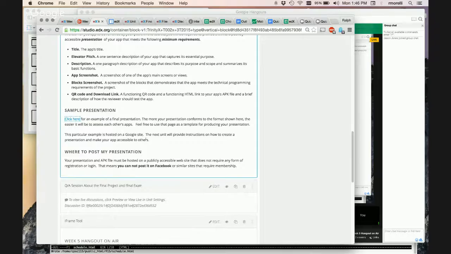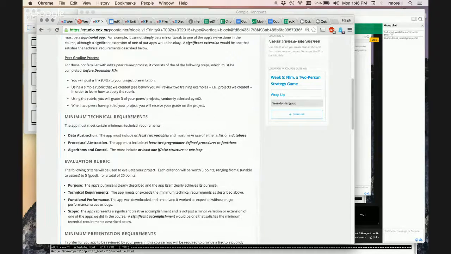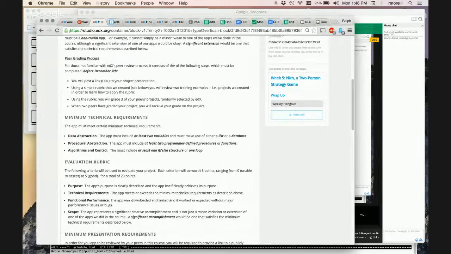And this I can't stress enough, because if your peers can't assess your project, can't get at your project presentation or your APK, they won't be able to assess you, and you'll be getting zeros on all of those assessment criteria. Okay, so I'm going to stop sharing now and see if we have any questions in the